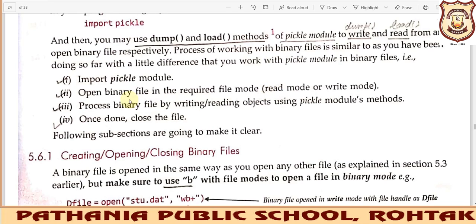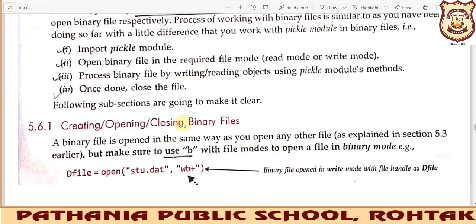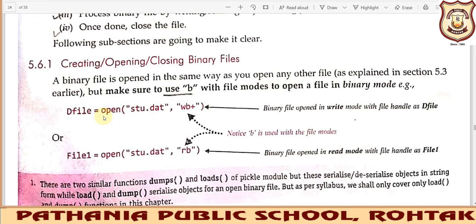Fine. Next, process the binary file by writing or reading the objects using the pickle module, and for these we need dump function and load function. Once the processing has been done, then we'll close the file in the same way as we were closing in the text file formatting. Right, so I told you same, we need to create a file handle first,